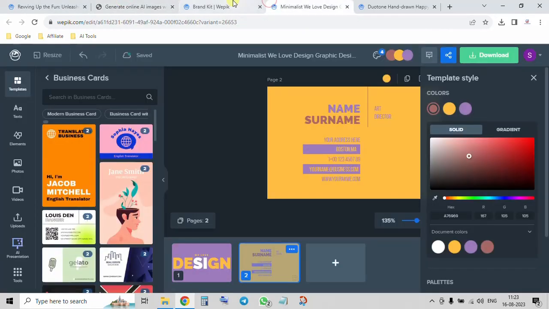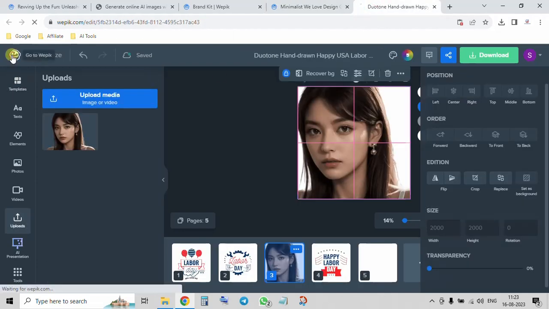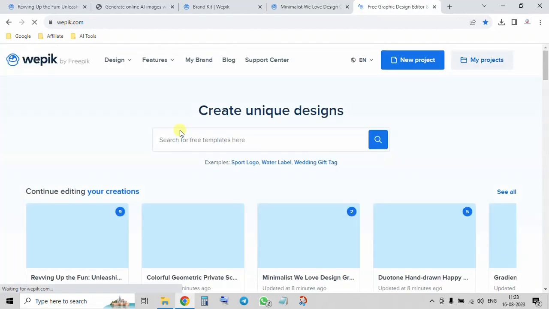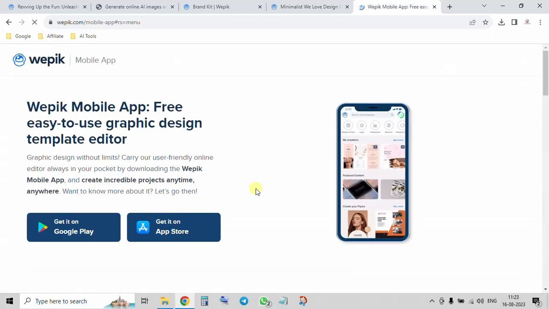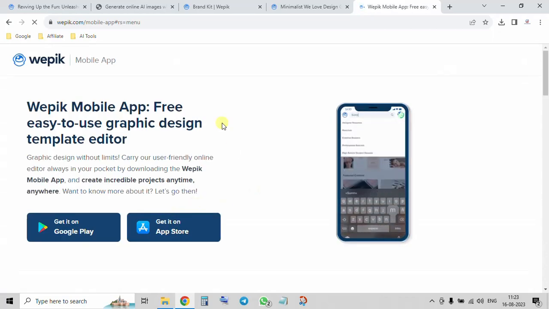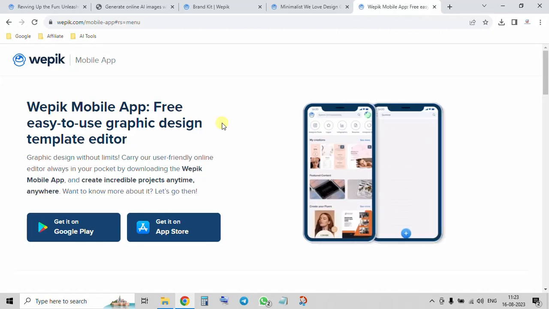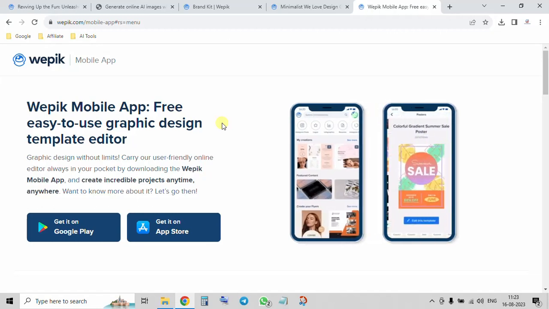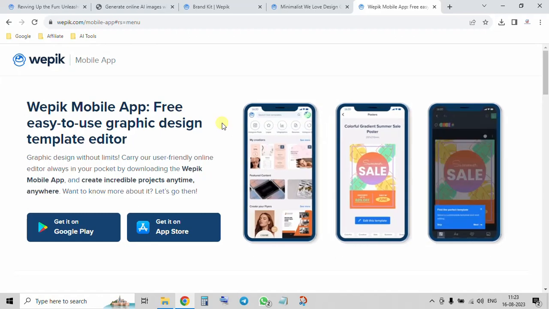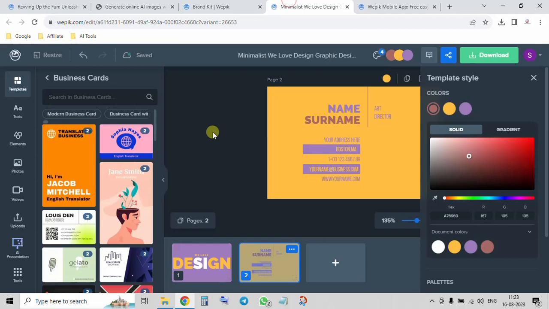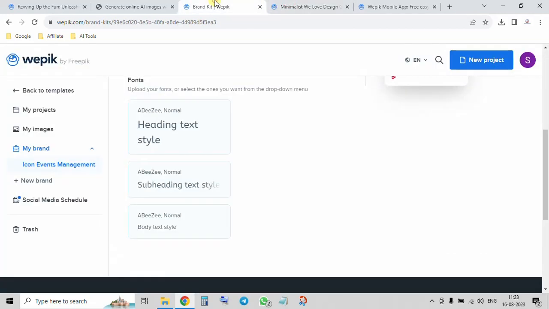And coming back to the home page over here. So under features, you have the photo editor. Yeah, the mobile app also they have. I have downloaded the mobile app also because I pretty much like this tool. I'm not much into image editing, but I like the features it's offering, and I'm definitely going to make use of it. So do let me know, friends, how you like this particular tutorial and review of Wepik, and